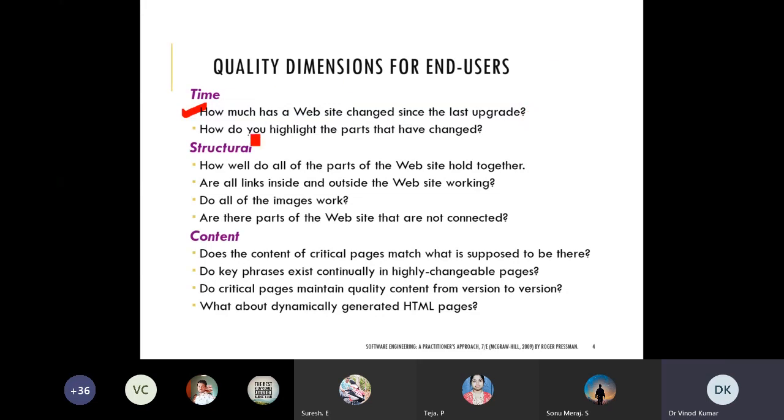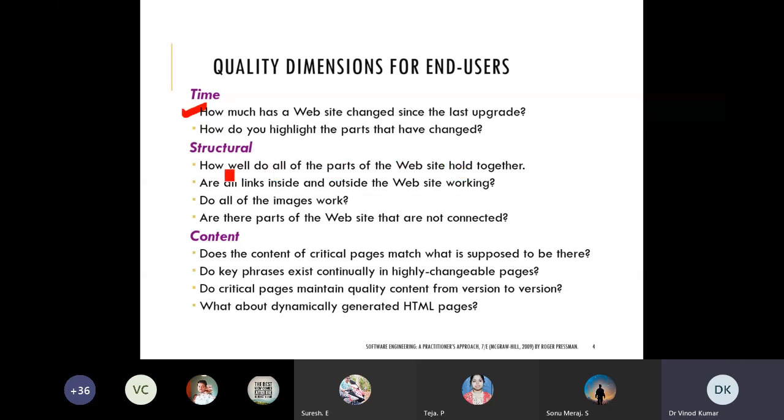So from the point of view of end users, we need to see these quality dimensions. Next is, how do you highlight the parts that have changed? Okay, making the highlight of the changes. Next, structural. How well do all the parts of the website hold together?